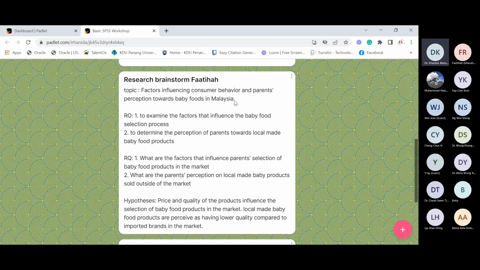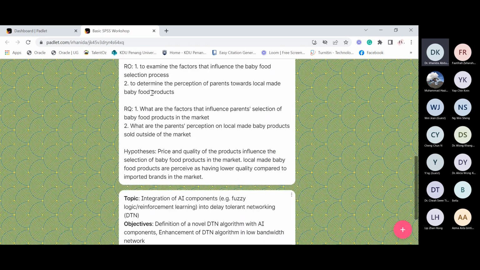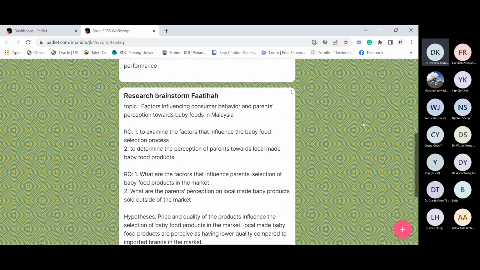All right. First, let us take a look into this topic. This topic is factors influencing consumer behavior and parents' perception towards baby food in Malaysia. So actually, there are two dependent variables here. Number one, factors influencing consumer behavior. Number two, parents' perception towards baby food in Malaysia.